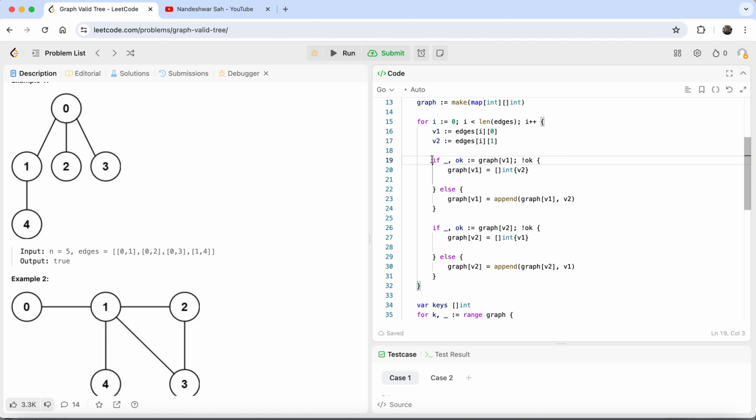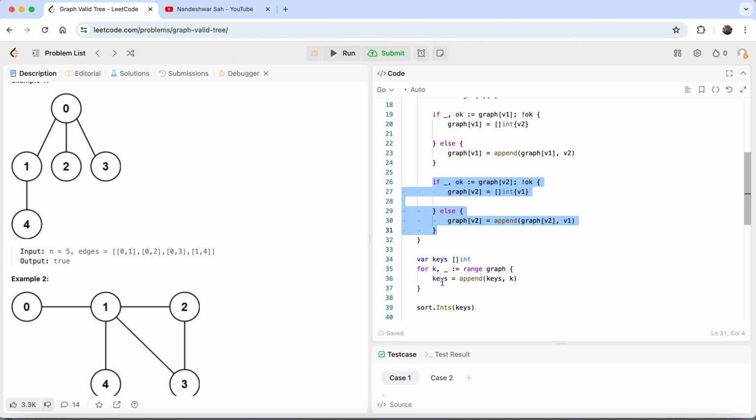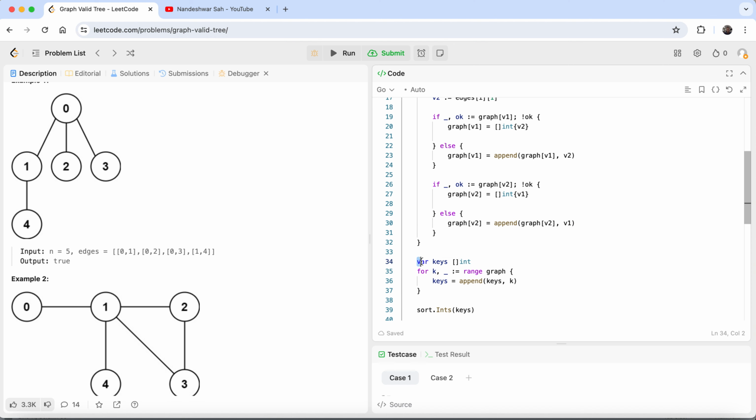This part is new, but you'll observe that most of the code I borrowed from the previous videos, so you'll find the similarities here. Okay, so till here we get the keys, and we created the graph